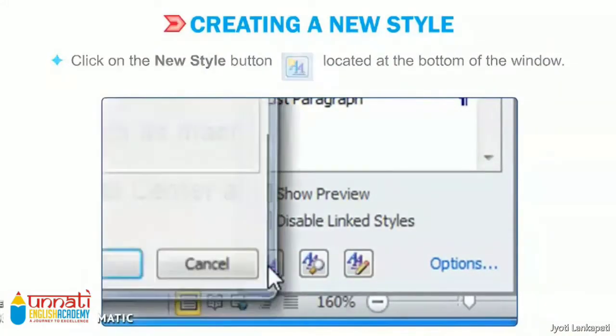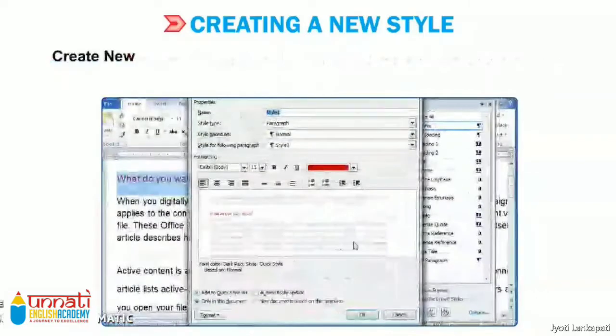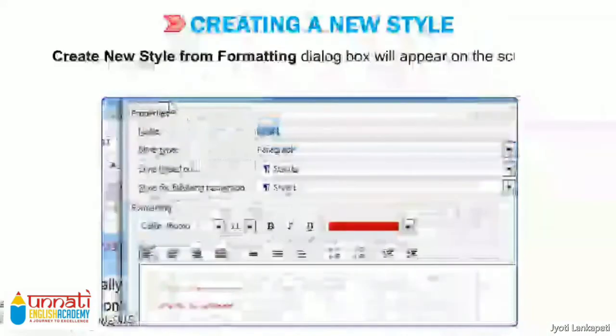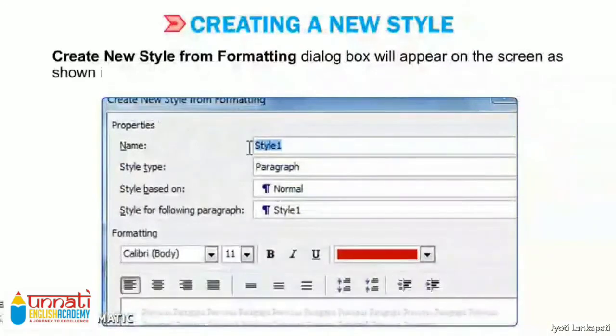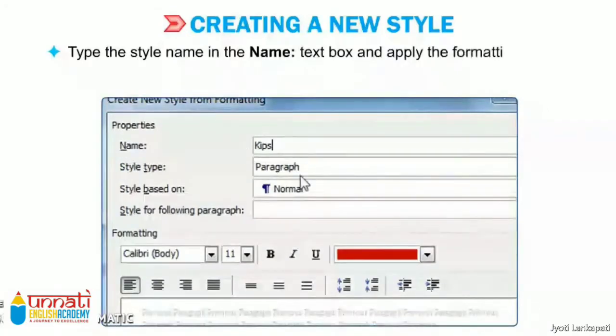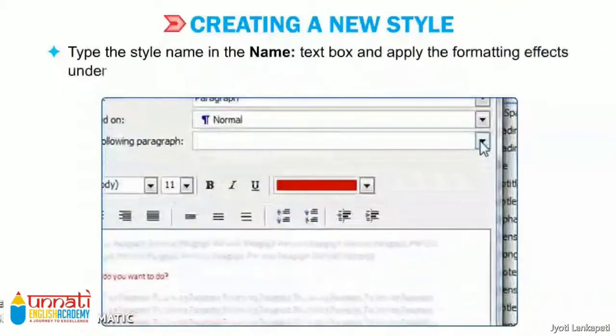If you click on this button, the Create New Style from Formatting dialog box will appear, as shown in the figure. So here, type the style name in the Name text box and apply the formatting effects under the Formatting section.